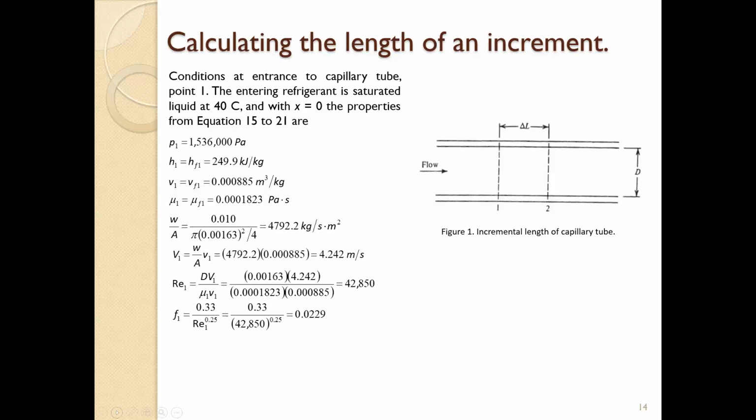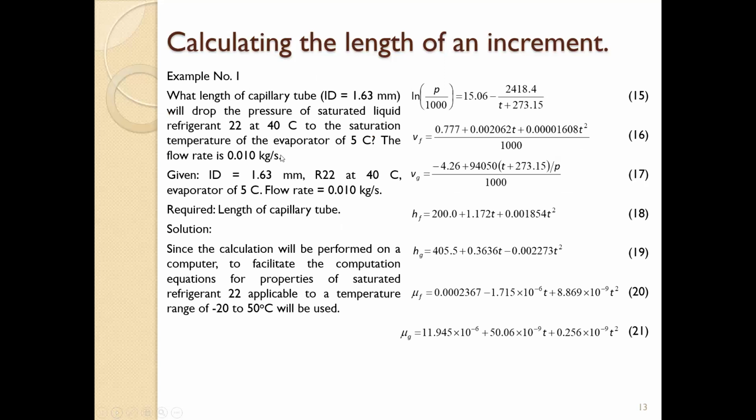Now, condition at entrance to capillary tube, point 1, the entering refrigerant is saturated liquid at 40 C, and with X is 0. So, the properties from equation 15 to 21 are for refrigerant 22 lang. So, P sub 1 is, Pascal yon, 1,536,000 Pascal. Pressure is